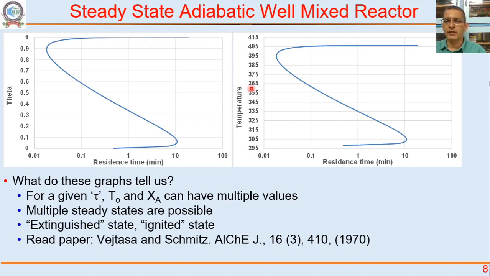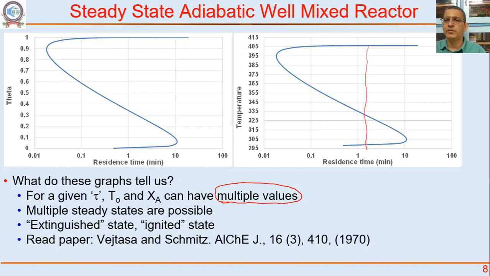In terms of temperature, if residence time is 4 or 5 minutes, outlet temperature can be something like 300 Kelvin, 325 Kelvin, or close to 405 Kelvin, right? That means there are multiple steady states. For a given value of tau, I could have a reactor operating at any of these three values,